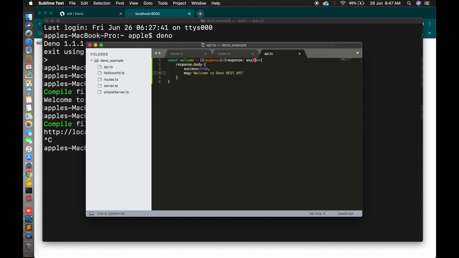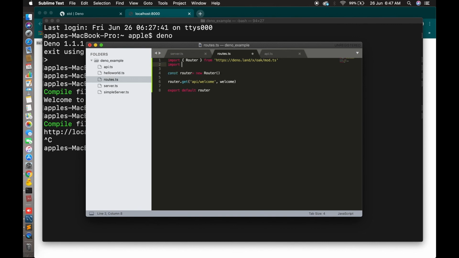That means we have created server.ts, then routes.ts, then this function file. In routes we have called this function to get the data. So here it is, the welcome function, and here you have to import your function.